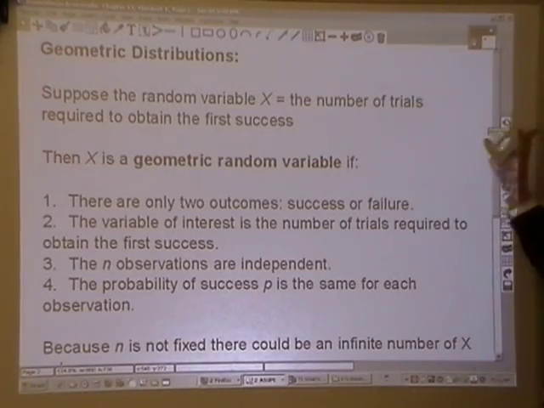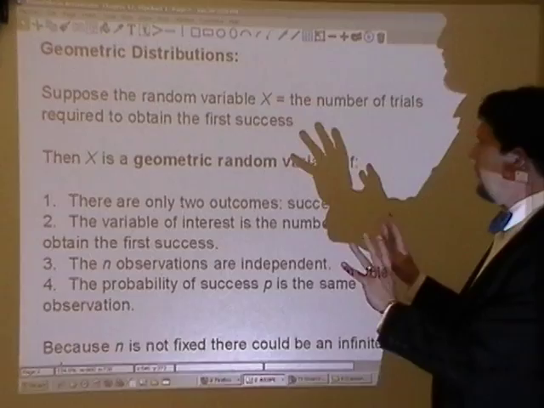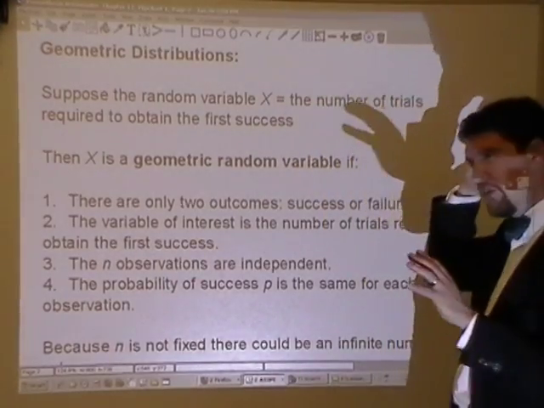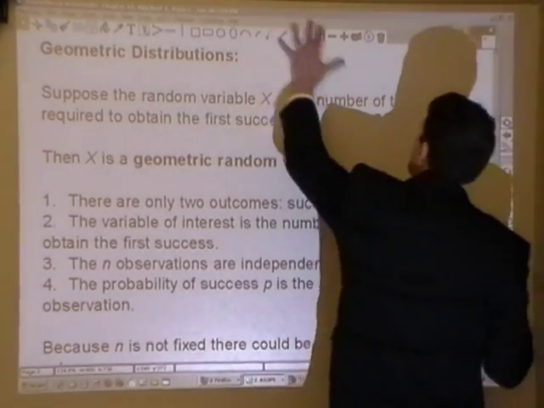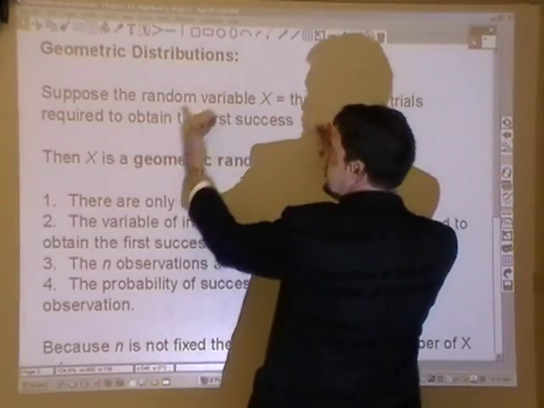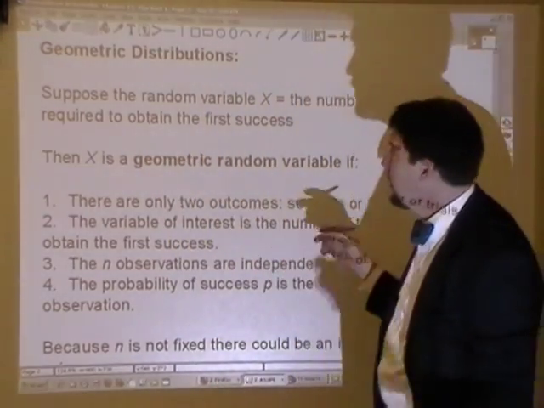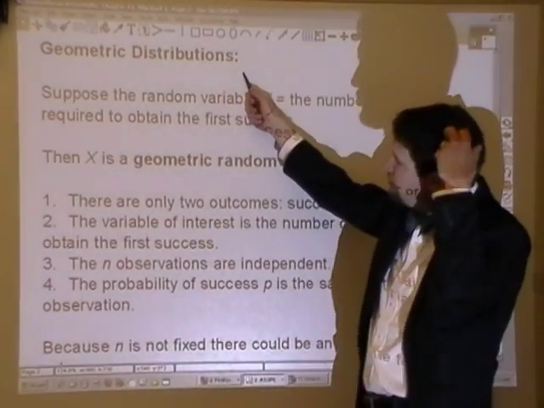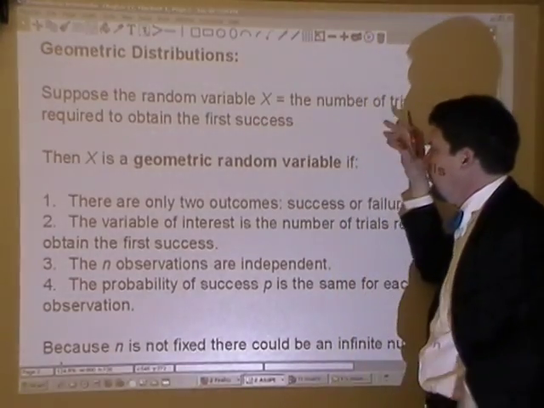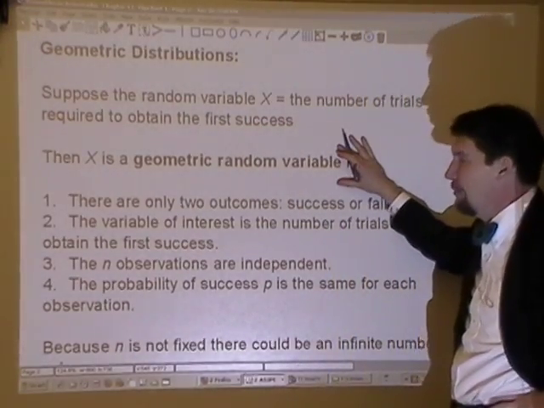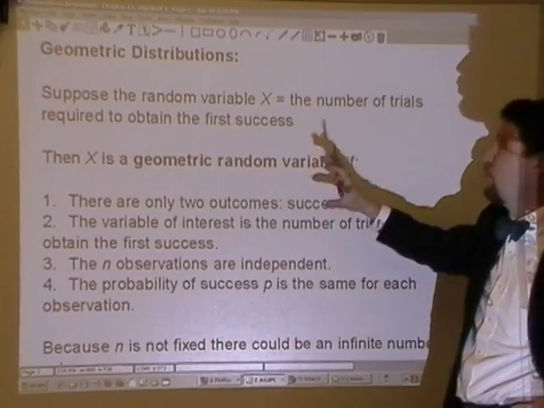Okay, so from there, we've got the Bernoulli family, and then we have two divisions of Bernoulli. We've got the big Bernoulli family up here, and we've got two offshoots, like a family tree. And the first offshoot is the geometric distribution, otherwise known as a geometric random variable, because it's a distribution, and you're going to pick one,